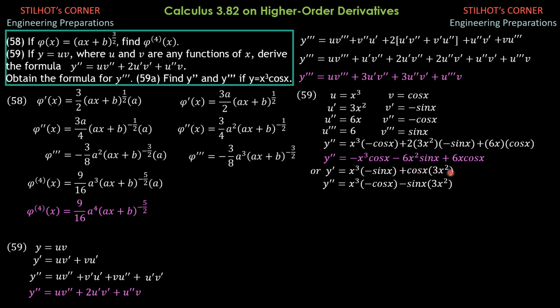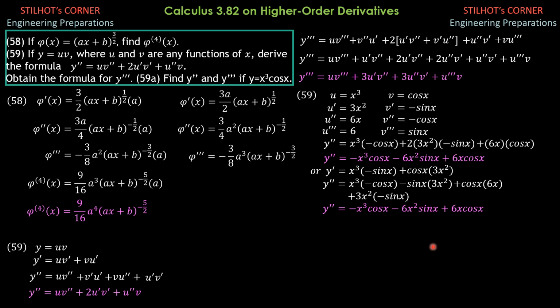Then this is again derivative of product, plus cosine x, derivative of 3x squared, 6x, then plus second, 3x squared, derivative of cosine, negative sine x. So we have like terms here, this second and the last terms. We have negative 3x squared sine x, negative 3x squared sine x. If we combine that, that becomes negative 6x squared sine x. And the rest is the same. So therefore, y double prime is indeed negative x cubed cosine x minus 6x squared sine x plus 6x cosine x.